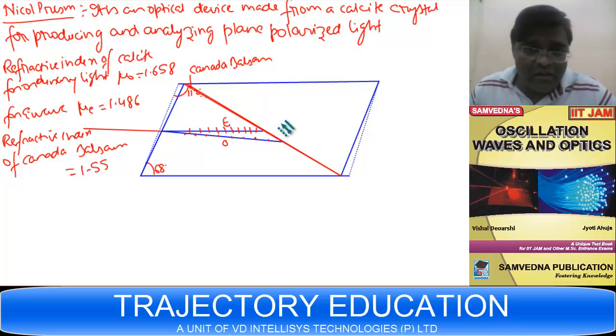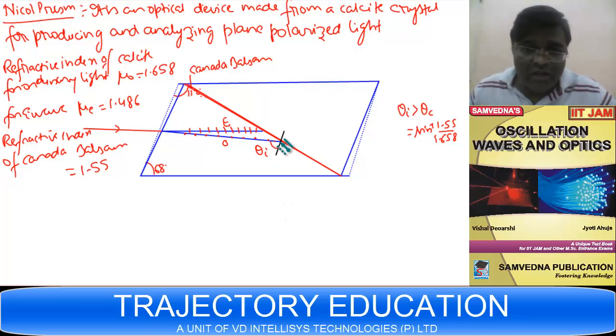Now we set the angle in such a way that the incident angle theta I becomes more than theta C. What is theta C? Theta C is the critical angle, sine inverse of 1.55 upon 1.658. If theta I becomes more than sine inverse 1.55 upon 1.658, then